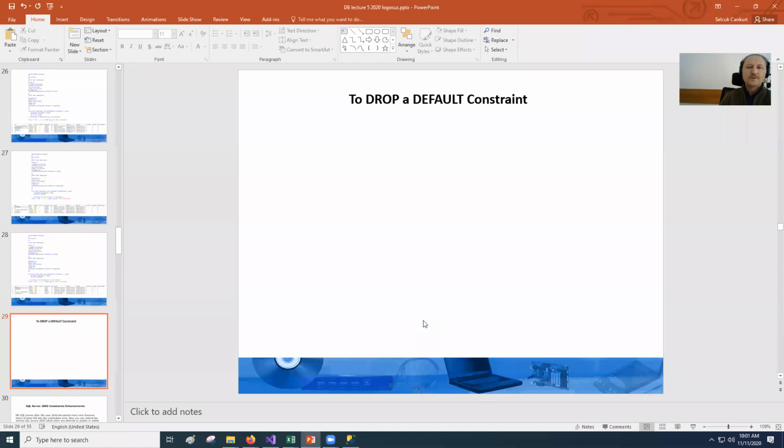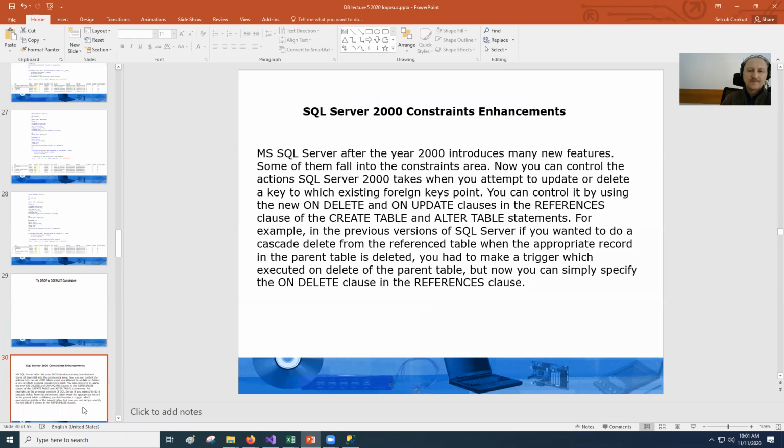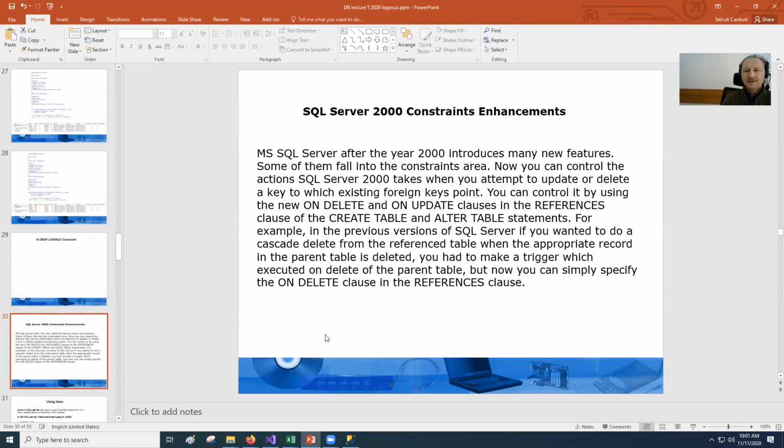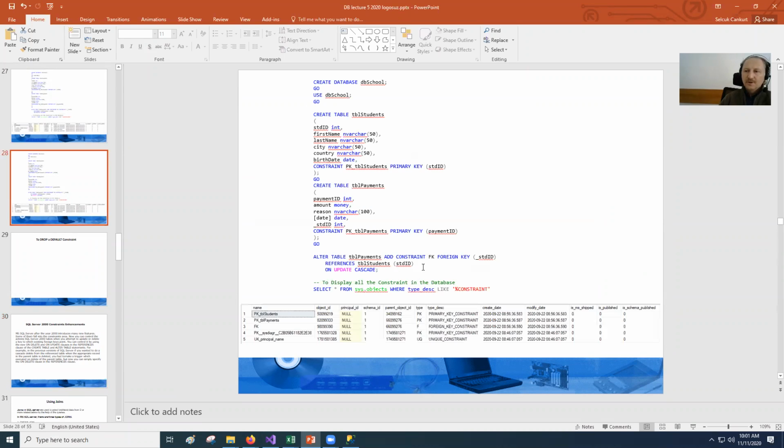So if you want to drop a constraint, if you want to delete your constraint, you can use the drop function. Also, there's one note: after 2000, Microsoft SQL added new constraints to the system. So if you don't have any question, do you have any question? So constraint means that we must fill